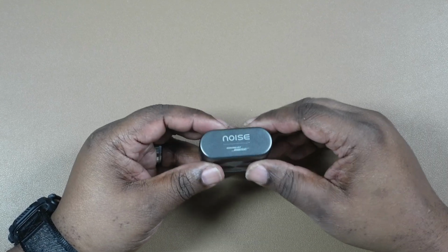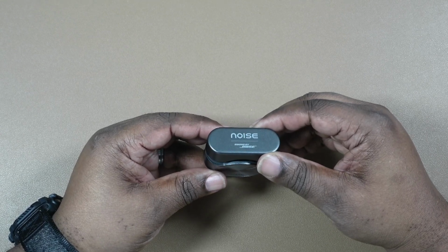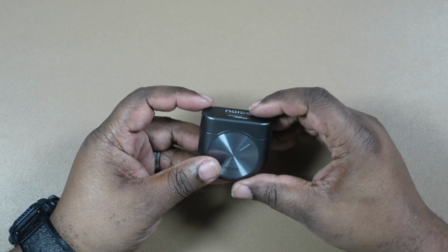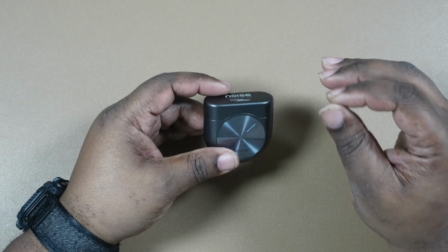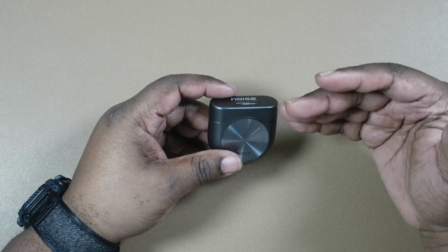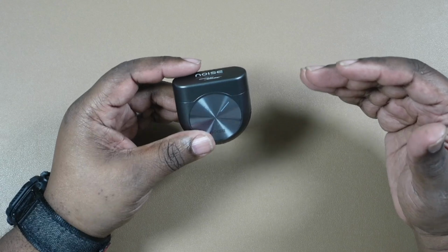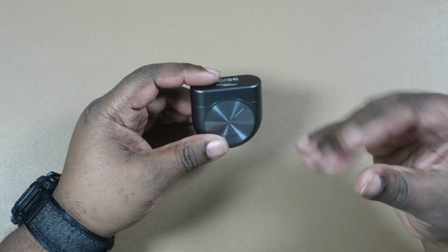Let me see. I think that about covers that. Oh, let me see. I guess that covers it. Actually, no, one more. The way the background vocalists sound in the last song, well, during the sound test. I don't know if it was just that song,